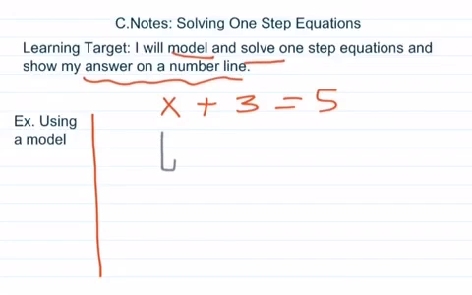So I'm going to say that x we're going to represent with just this long gray rectangle. And then 3 positives, I'm going to have 3 gray circles that are filled in. If they were negatives, then I would have them being just blank empty circles. So we have 1x because we have 1 gray rectangle, and then we have 3 filled circles, and this equals